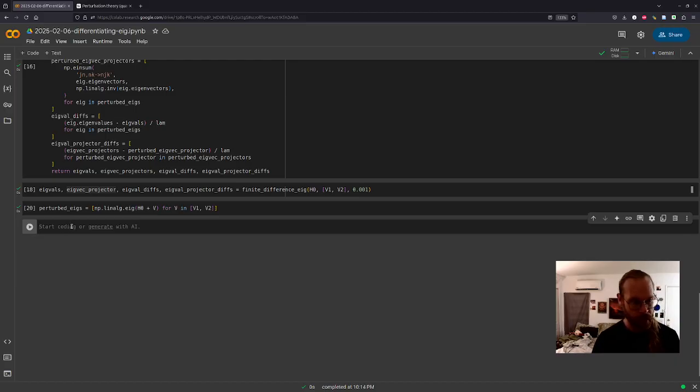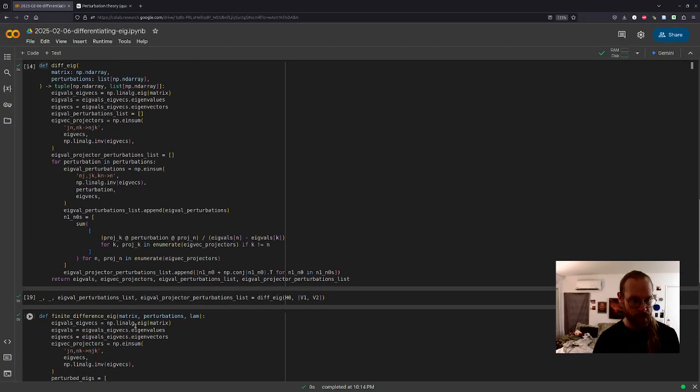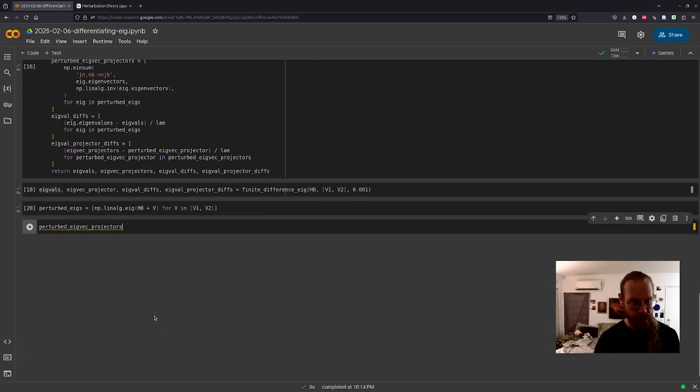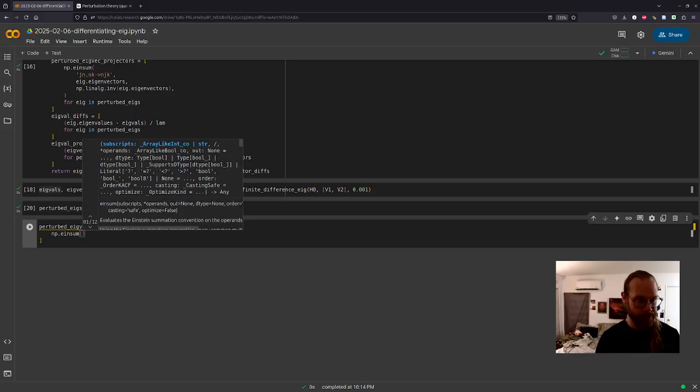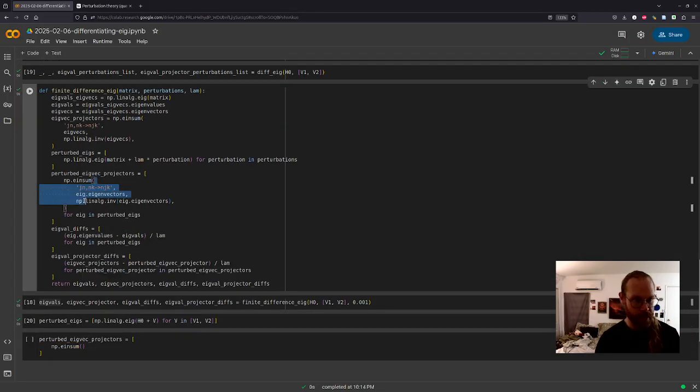And if I do the perturbed eigenvec projectors, which is different, eigenvector projector perturbations, this should be whatever, it should be this.